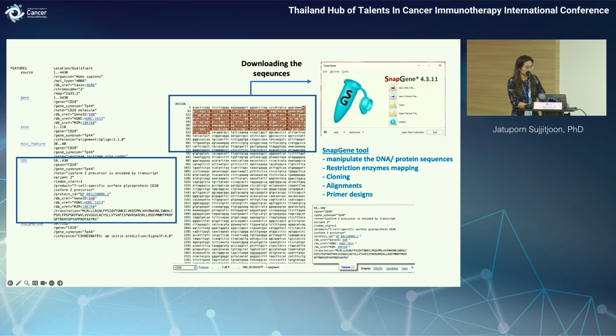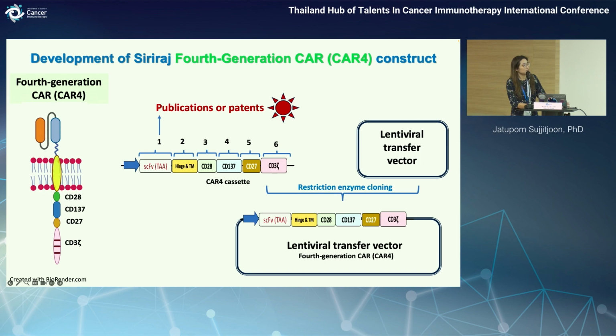Here, after you have the CAR construct within the lentiviral transfer vector, the challenging task is how to retrieve the scFv sequence from the database, because it's like a secret from the company. It's very hard to find that sequence sometimes, but usually